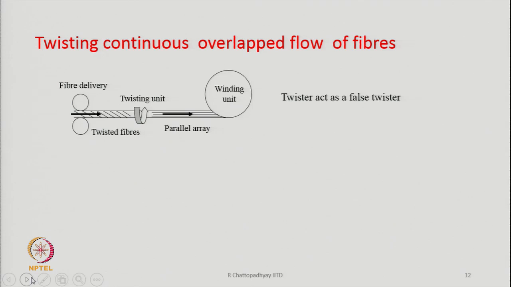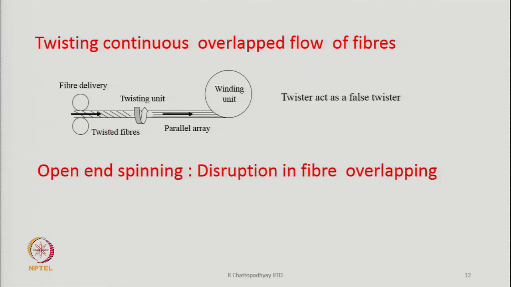Now, if we want to achieve that, what do we need to do? Okay, let us first see that if I want to have an independent twisting unit placed between the fiber delivery which is here, and suppose this side is a winding unit we have, and from the left hand side the drafted fibers are being fed, and there is a twisting unit over here which is twisting the bundle of fibers. If we have a system like this,